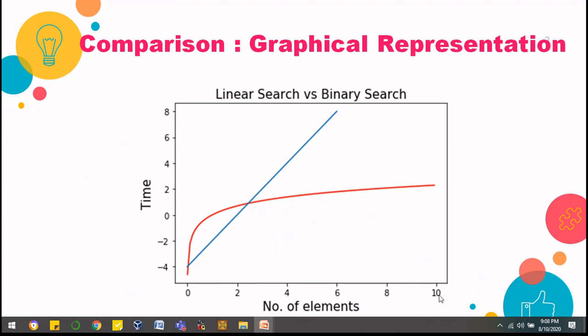But in real life, when the number of elements is too large, the logarithmic graph, this red graph, is going to take less time. And you can also see that the variation is very less. Towards the time axis, it is not growing that much. So for a very large number of elements, let's say in billions or trillions, or if you have to count the number of stars in the universe, if you perform it with the help of linear search, it is going to take years. But with the help of binary search, we can do that, right? So this is how we can say that linear search does not perform well for a large number of elements and binary search performs the best when the number of elements is too large.